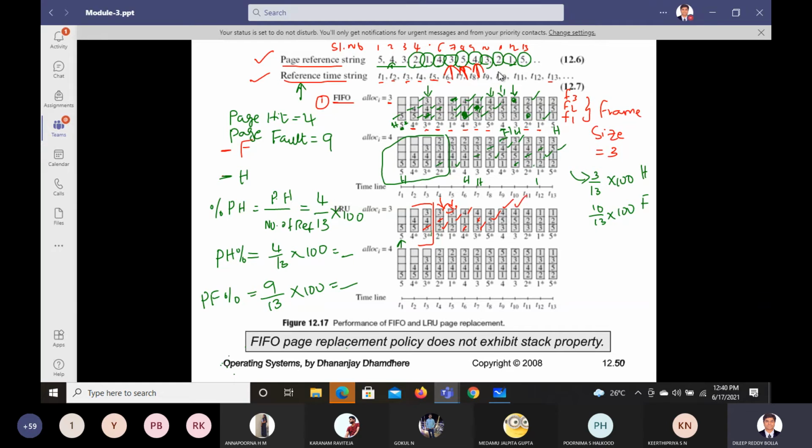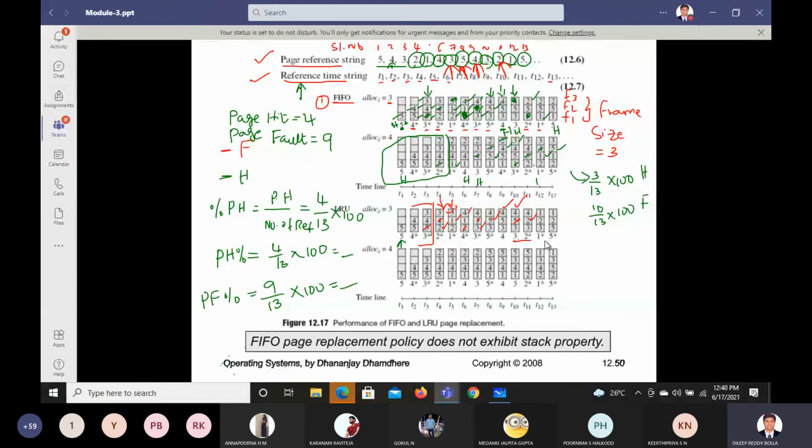And next 2 we have here. So 2, if you want to replace here, which one to replace? From this 4, 5, 3, 5 is the older one. So replace this 5 by 2. As you can clearly observe here the change in FIFO and LRU. In case of FIFO, 3 will get replaced. Now in the case of LRU, 5 got replaced.